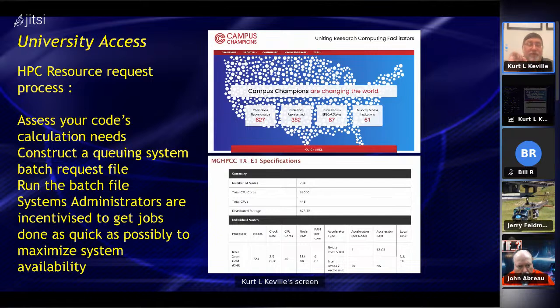You can be very granular. You'll see that I pulled up a page there from the MGHPCC TX-E1, otherwise known as MIT SuperCloud. Now, that tells you how many CPUs you could access, which you're sharing with another 1,000 people, probably at the same time you want to access it. But if you know what you're doing with your batch jobs, and you've worked out some deal with the sysadmins, mostly by taking higher level remote courses and proving to the sysadmins that you know how to describe a job